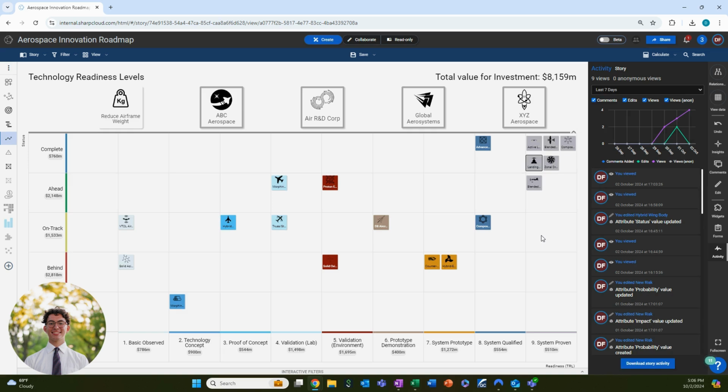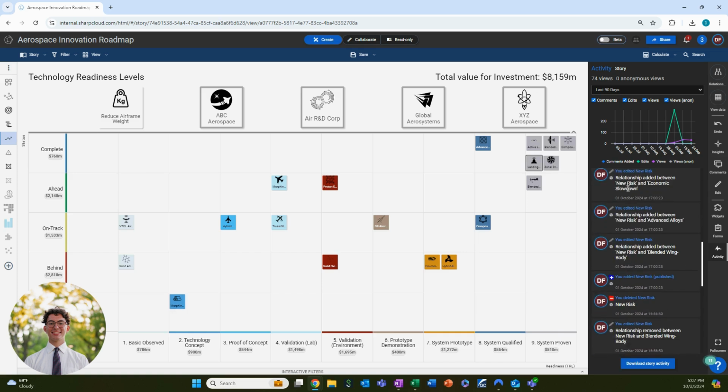You can select which time frame you'd like to see by using the drop-down at the top of the activity menu. Below that, you're presented with a chart that shows any comments added, edits made, views by signed-in users, or anonymous views. You can use the checkboxes above the chart to select whether or not you'd like to see any of these aspects. Below the chart, you can see any activity across the allotted time frame,